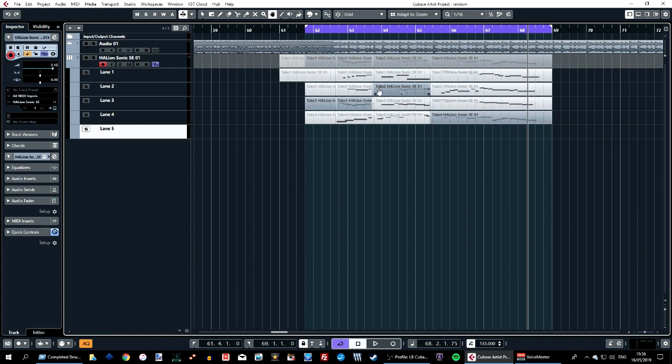So now what this does is when it plays, it'll play this section first, and then it'll jump to that take for that bit, and then it'll jump to that for that bit. And this is so useful, you can't even begin to imagine how useful this is. When you're doing loads of little guitar solos and stuff, or piano solos, you can just keep all these lanes recording, record the same thing over and over again until you get that perfect take, and then you can go through it with a comp tool and pick out all the best moments on each phrase. So what you do now is, if I display this,